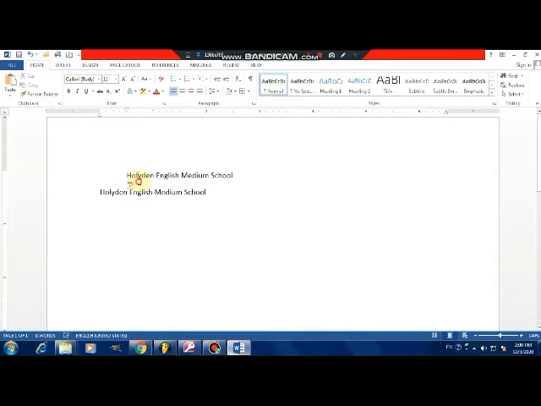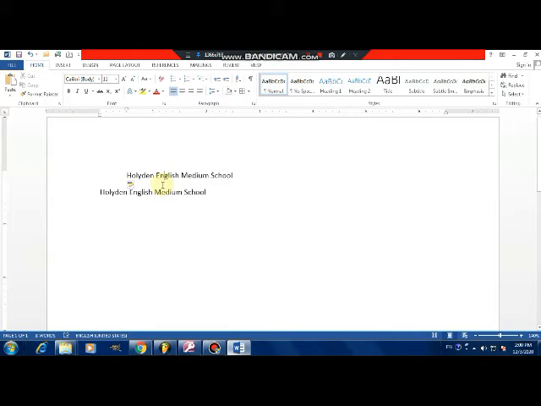The first one is click and drag. In this, you have to click at the beginning of the text you want to select. After clicking at the beginning, press the left button and, without releasing it, drag the mouse to the right side. You can see it is selecting. Where you want to stop, release the left button of the mouse. Now it is released, and only the word holiday has been selected.